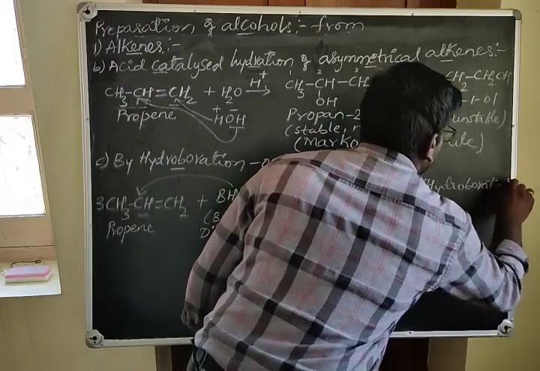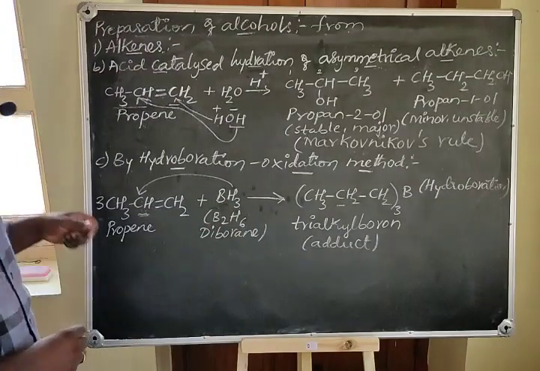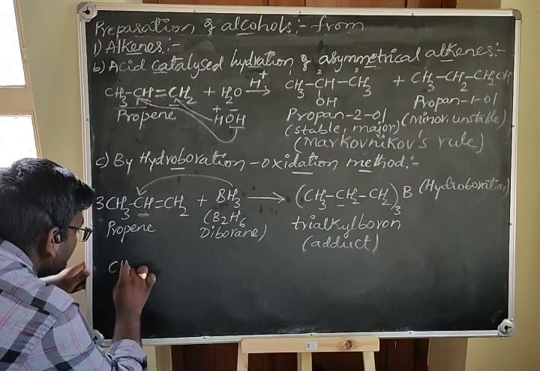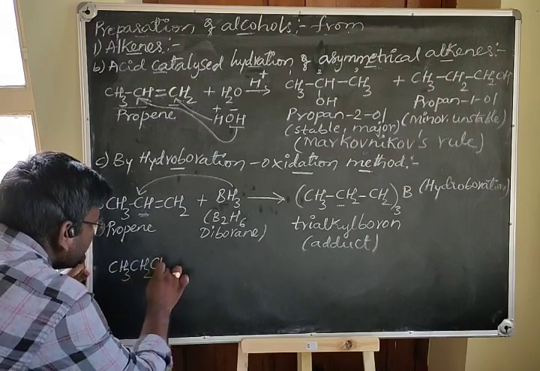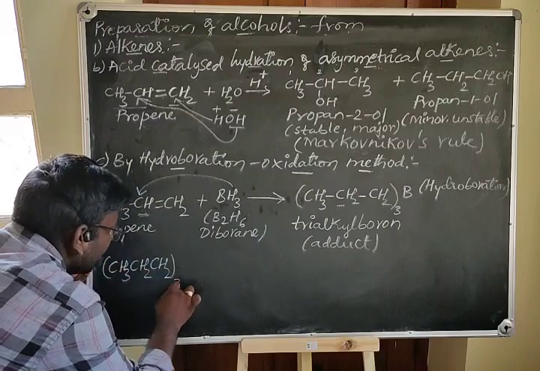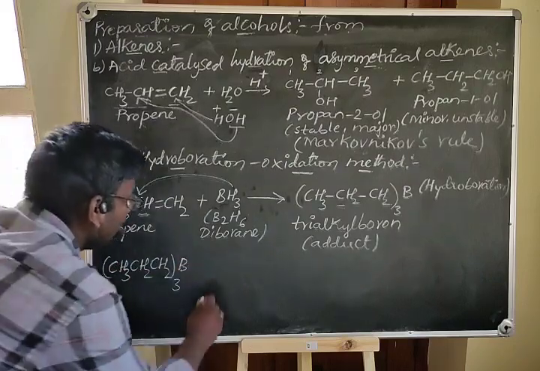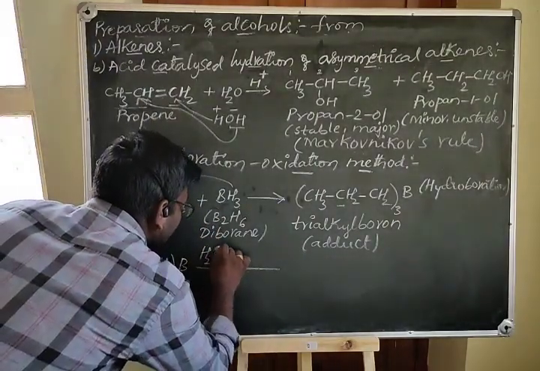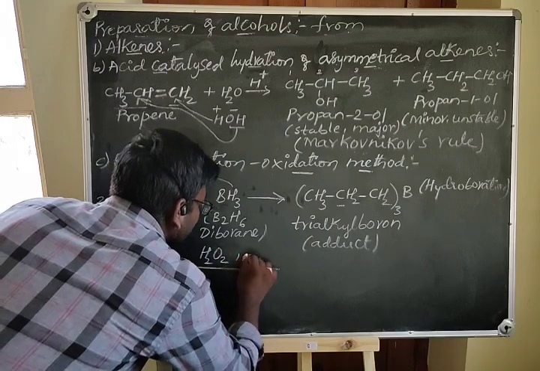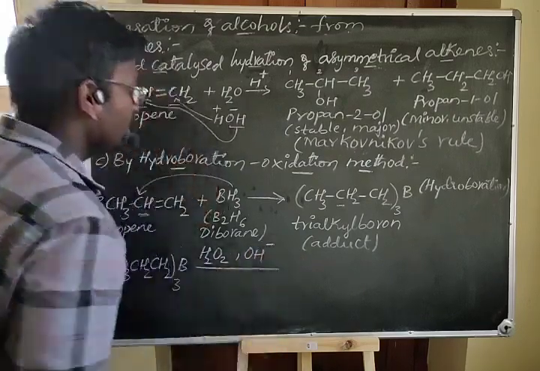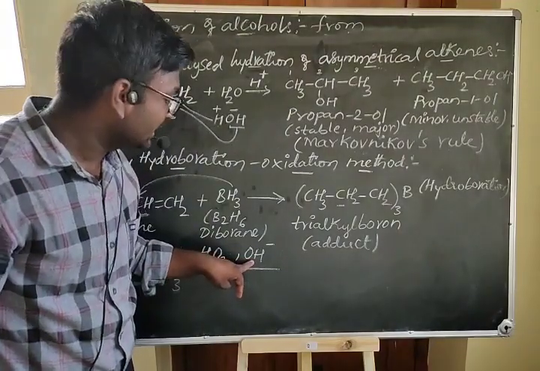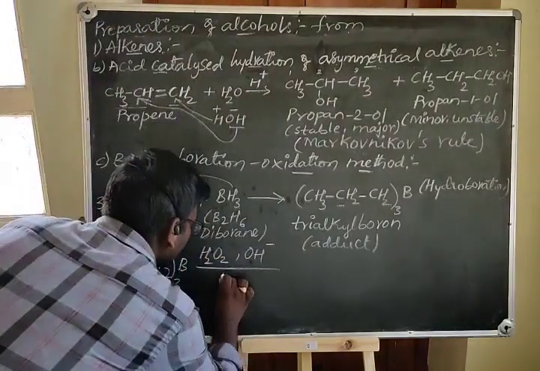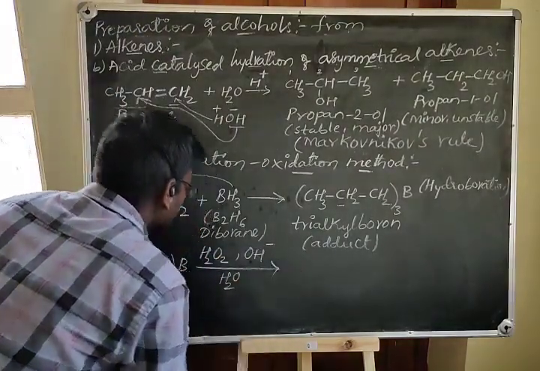Let's see the oxidation of this trialkyl boron. Take that trialkyl boron, CH3, CH2, CH2, 3 times boron, and oxidize this using hydrogen peroxide in the basic medium, that is OH minus. What does this OH minus stand for? It stands for the basic medium. Here you may take NaOH as the base, and in the presence of H2O2,